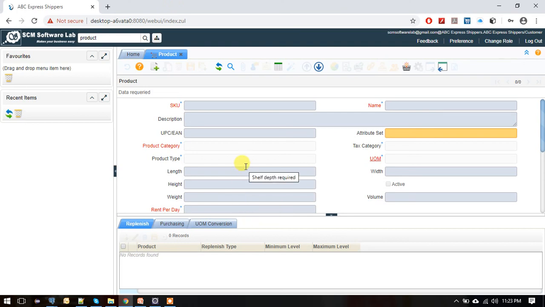We may have multiple customers. So what happened, I just created one user called semsoftwarelab@gmail.com. Whatever transaction is created for this particular customer, he can see those transactions only. Now, for example, we have multiple customers: customer one, customer two, customer three. Customer one created some transactions, so customer one can see